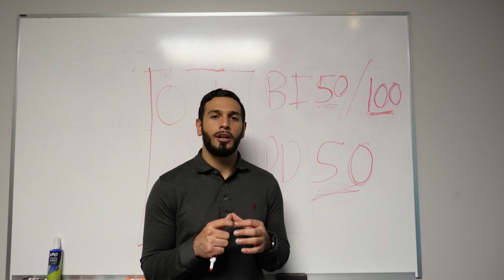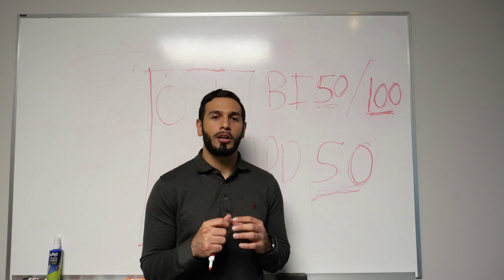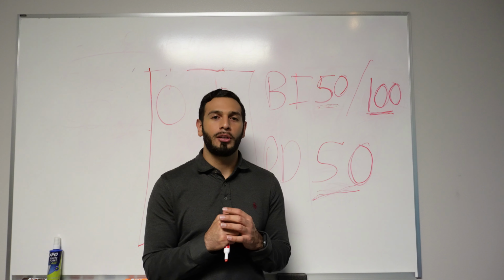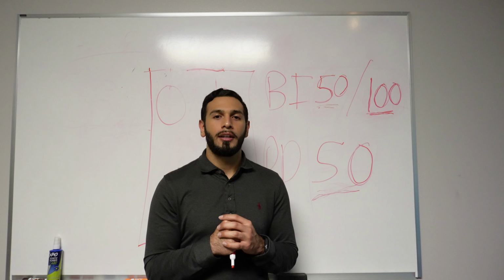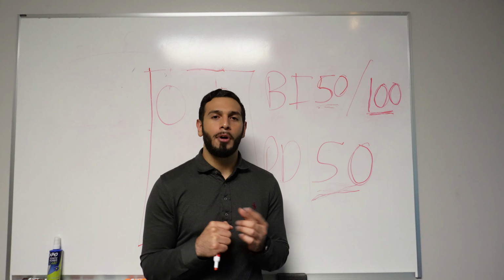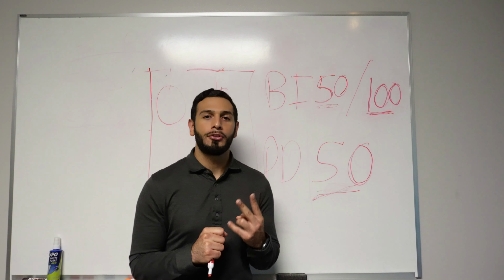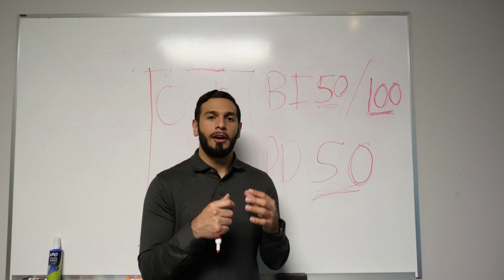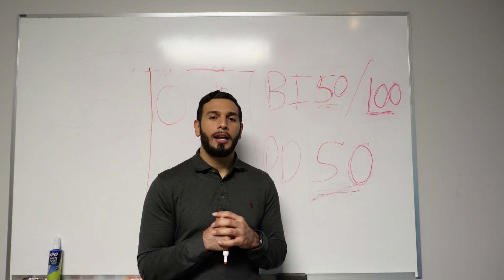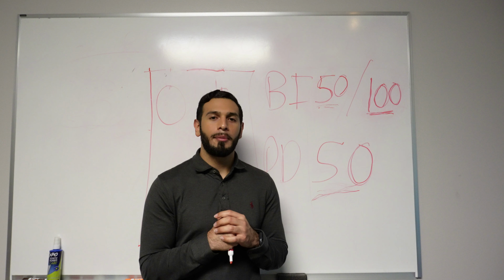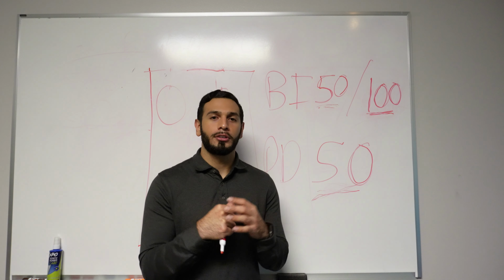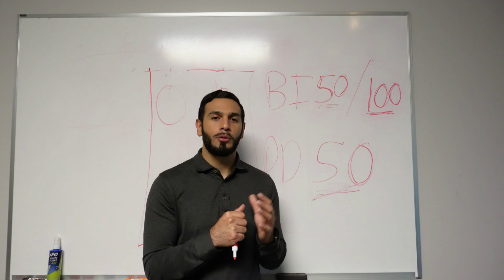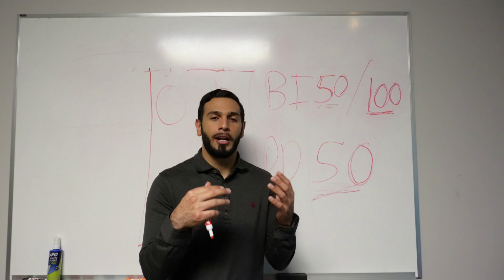The first portion of auto insurance is going to be what covers the other drivers, and that's going to be liability. This comes in two forms. You have bodily injury and property damage. Bodily injury is going to be what pays the other driver's injuries, and property damage is going to be what pays the other driver's property damage, their vehicle, or any other property that the insured might have caused damage to